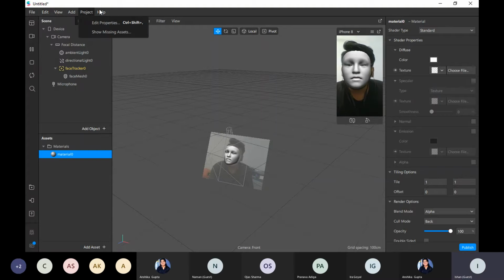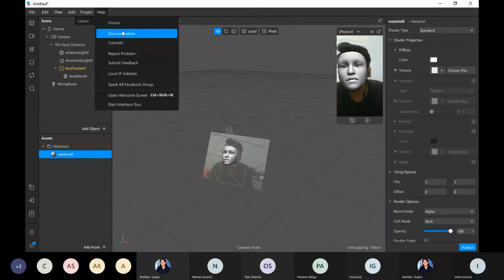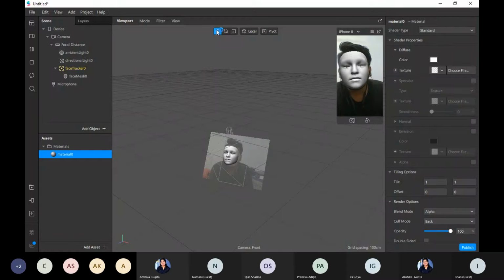You can also for face, let's say, let's go to help and download. Go to documentation and download face asset only. What is face asset?